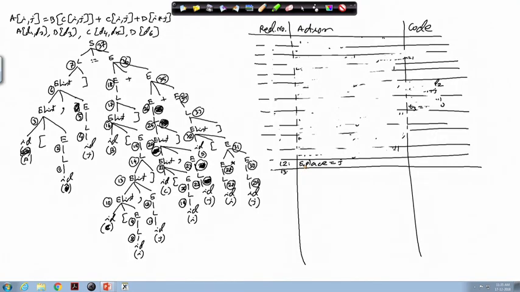At reduction number 13, we will have the next action.